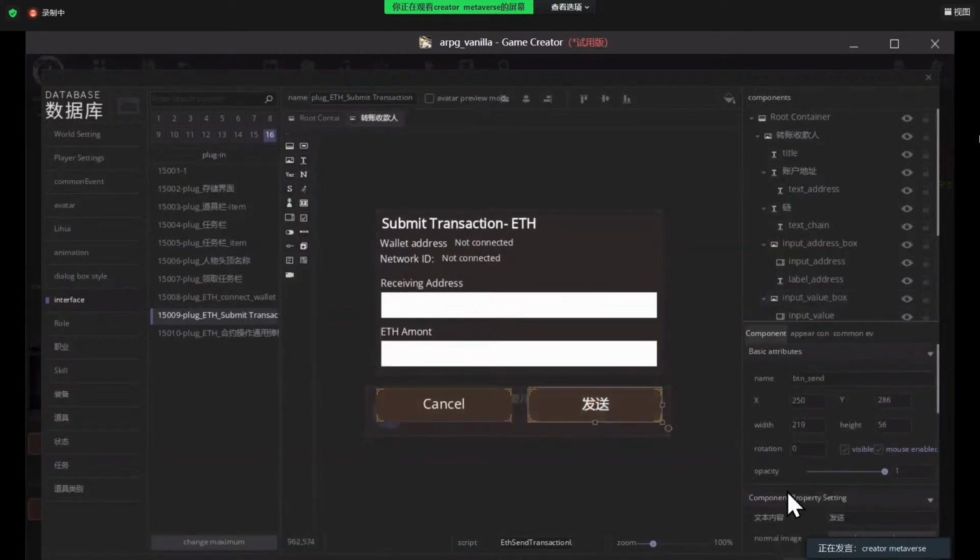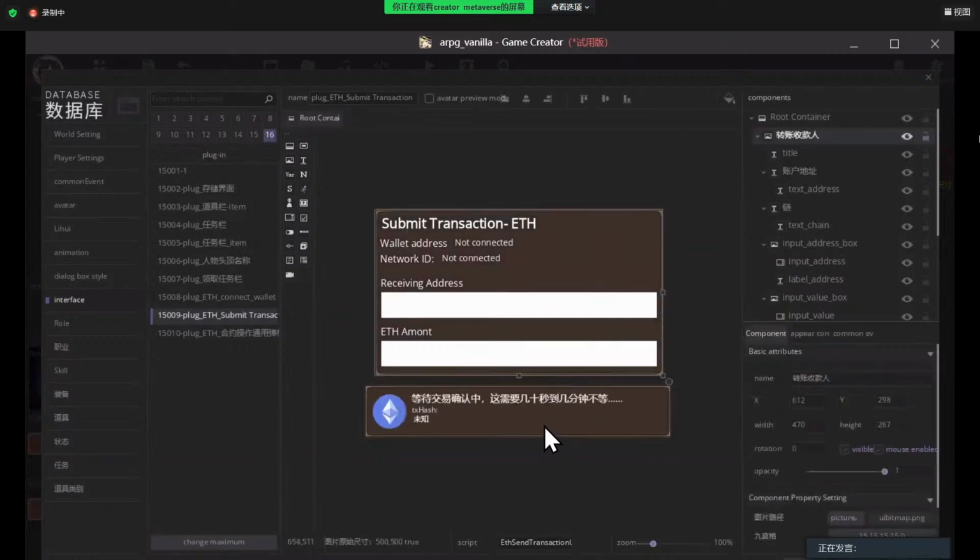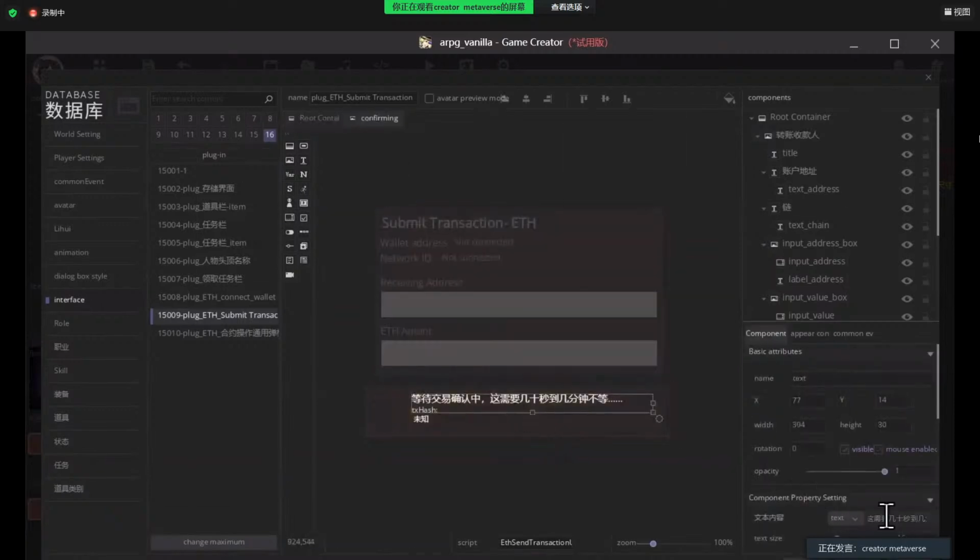All right, this button, change it into submit. And this one, verifying transaction. There you go. TX hash, good, apply.